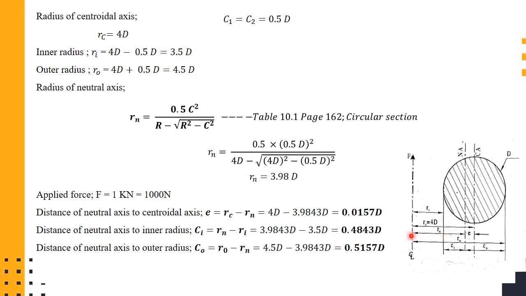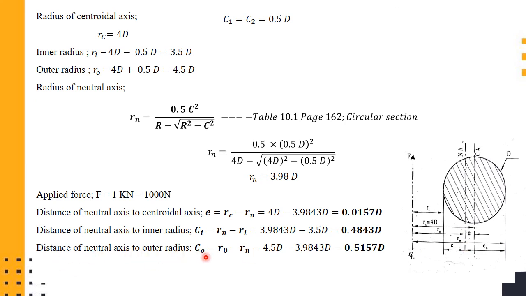Rn minus Ri will give you the Ci value, which is the distance of the inner surface to the neutral axis,